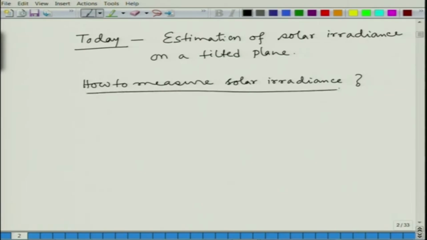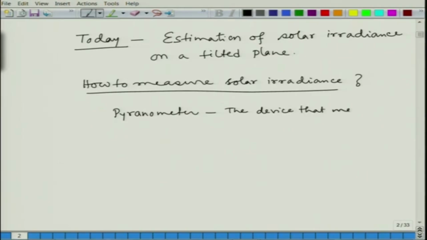So, there are two major equipment that do this particular thing, okay, measure the solar irradiance. First one is called pyranometer. I guess or I hope that you heard this name before this class. Okay. Pyranometer means the device